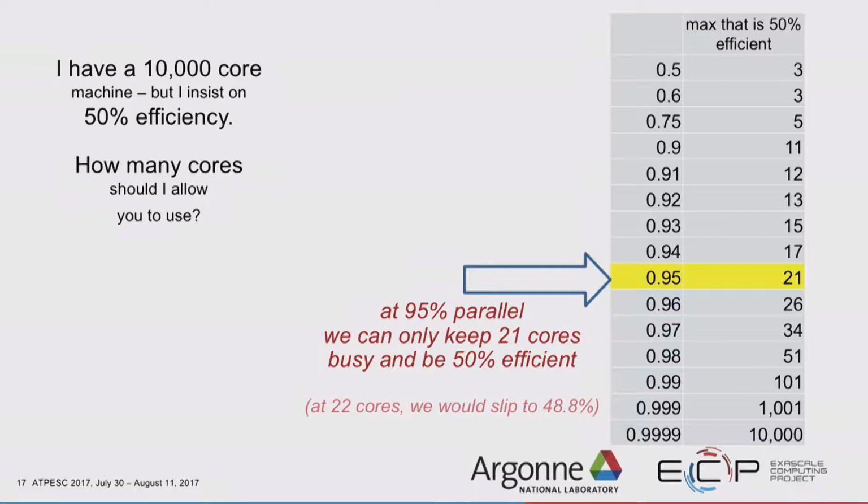These numbers are kind of staggering, and I do know some compute centers actually make users, and your mileage varies at different compute centers around the country, around the world, but some will insist that you demonstrate your program scales a lot before they unleash you on 1,000 or 10,000 cores. And this is really why, because if your program's got 9% or 5% serial, which I'm sure no one in this class would ever have that problem, going beyond 21 cores doesn't do you much good.